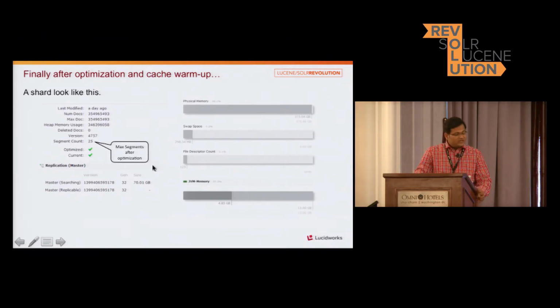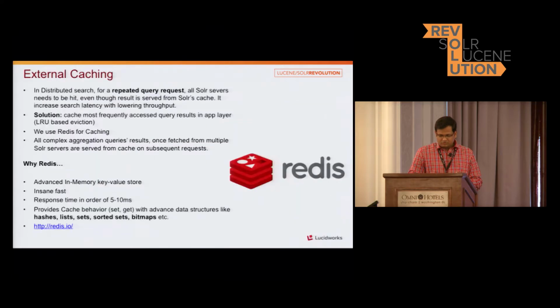As you can see, we have a max number of segments, that is 25, and around 346 million records. We have physical memory of 384 gig, and that's almost occupied. Whatever the index data, whenever we run a cache warm up, everything is cached in the disk cache. Whenever we make a query, it will hit the disk cache because it is memory mapped, and if the data is not there, then it hits the disk. Most of the time, the queries are satisfied from the disk cache, and we are able to get good throughput.